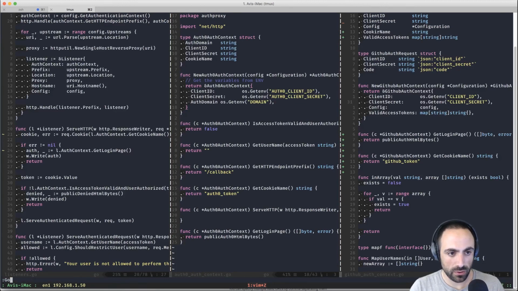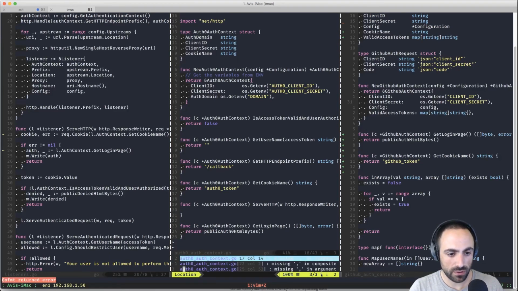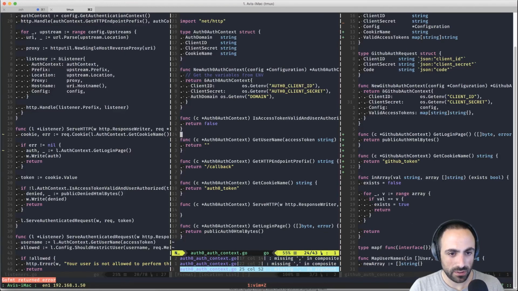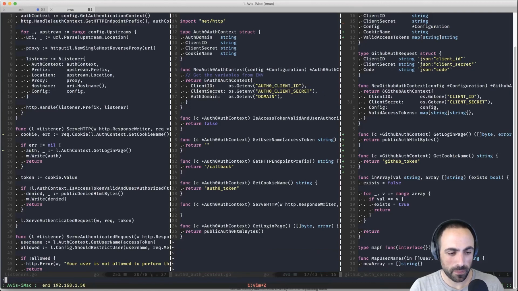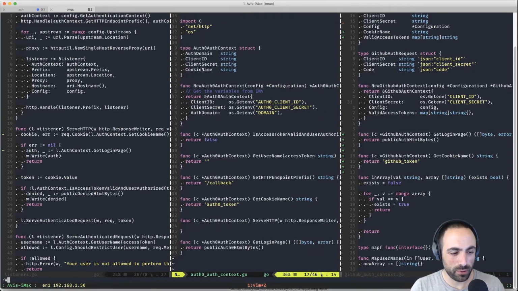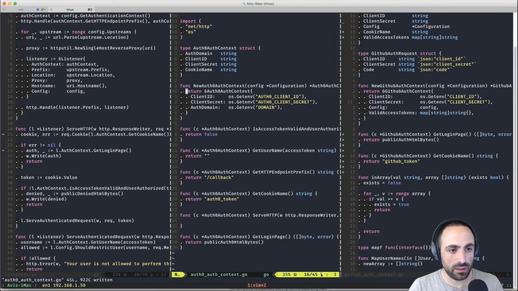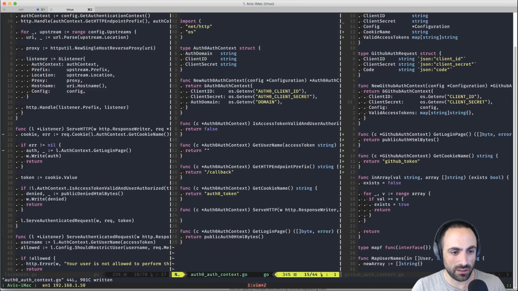Okay, and then go imports. Come on. What am I missing? Oh, here. Okay. Go imports. This is already done. And actually, this cookie name is not needed. This is pretty hard-coded.